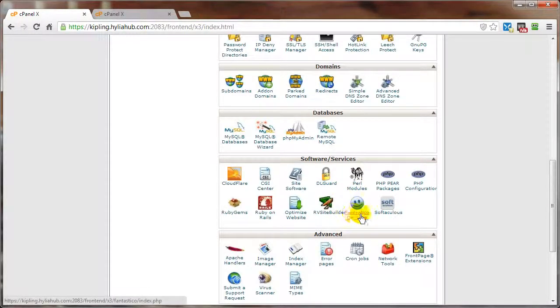Now there are other options that are similar to this, but not all cPanel setups have them. For example, Softaculous I prefer to use over Fantastico Deluxe. Another one similar to Softaculous is called Simple Scripts, but these two items are not available in all cPanel setups. Fantastico Deluxe, however, is. So that's what I'm going to be using to demonstrate how easy it is to create